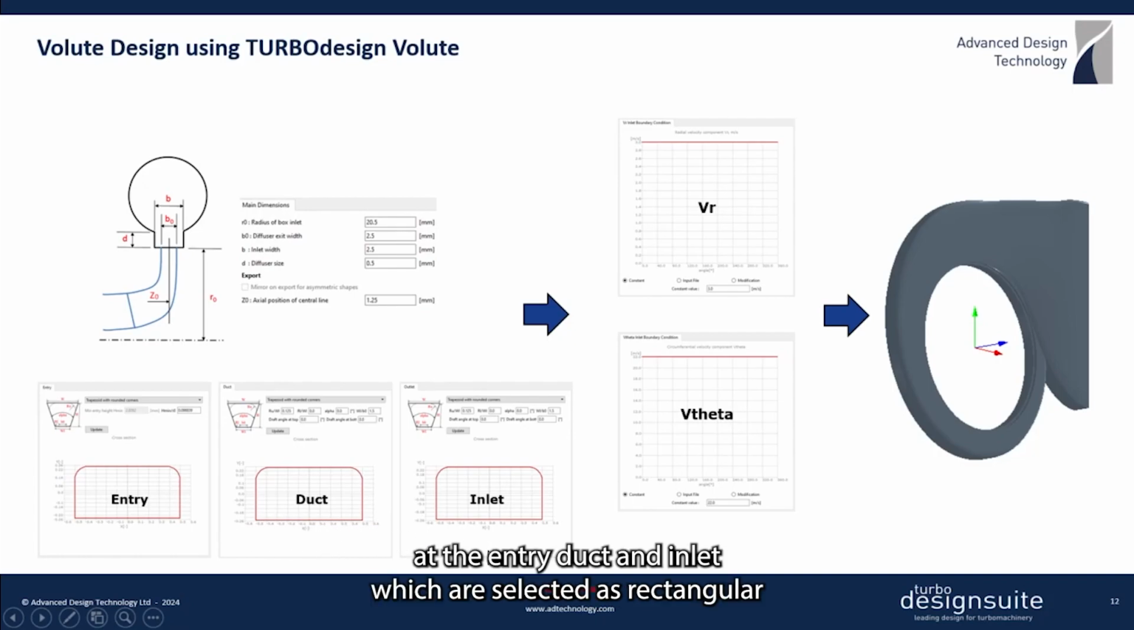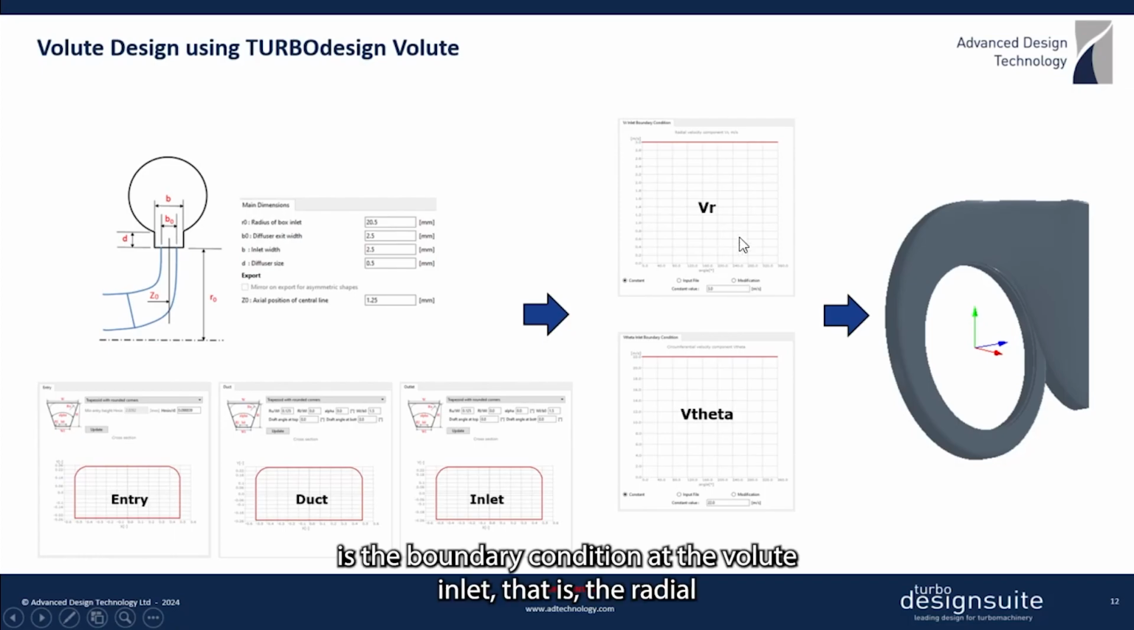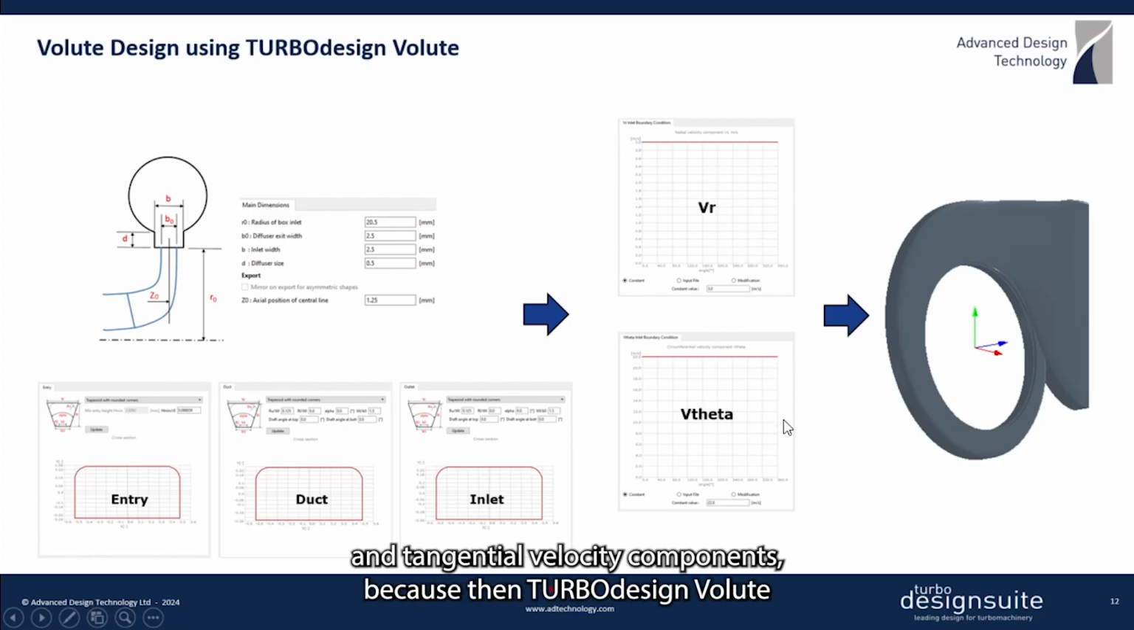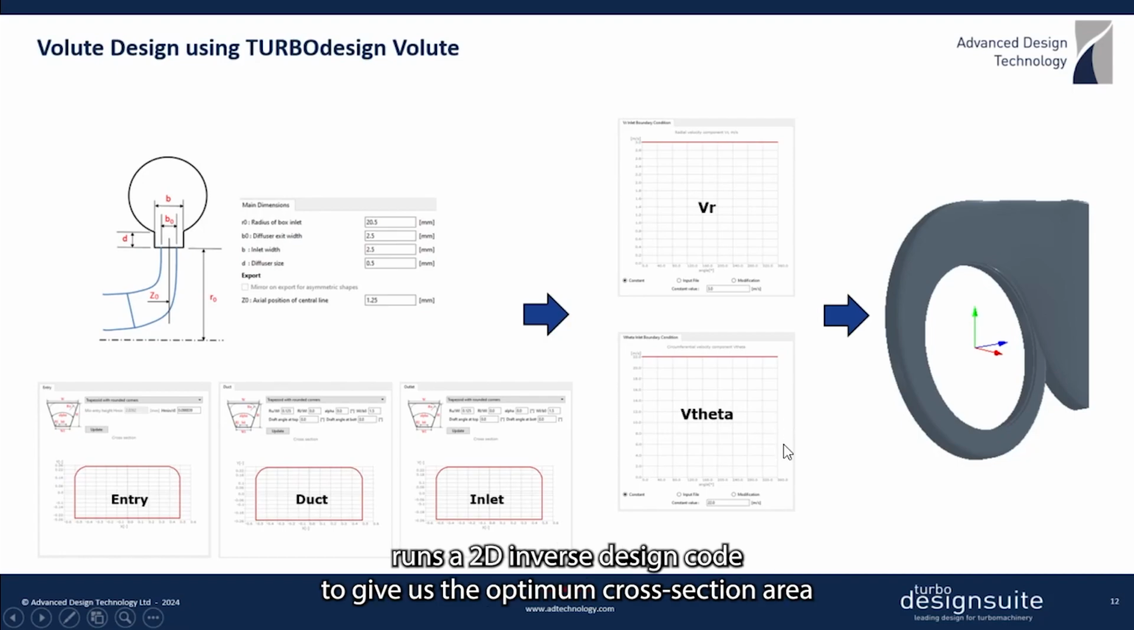And so along with the main dimensions, it's also possible to define section shapes at the entry duct and inlet, which are selected as rectangular with rounded corners, which is seen in these fans. And the most important input is the boundary condition at the volute inlet, that is the radial and tangential velocity components, because then Turbo Design Volute runs a 2D inverse design code to give us the optimum cross-sectional area distribution